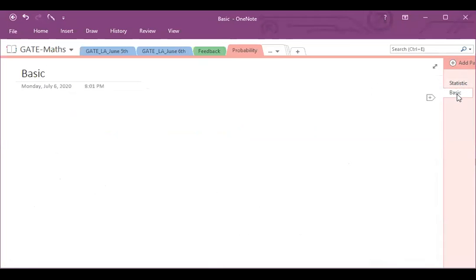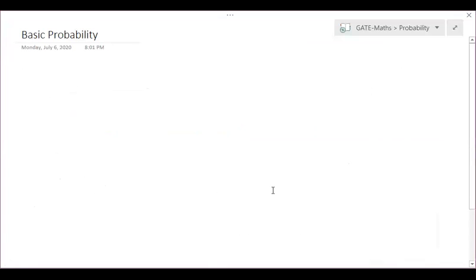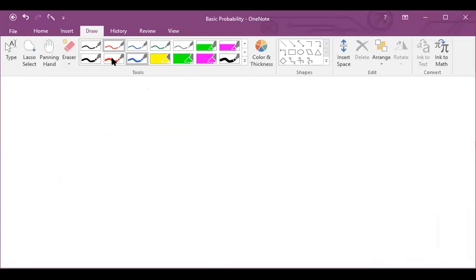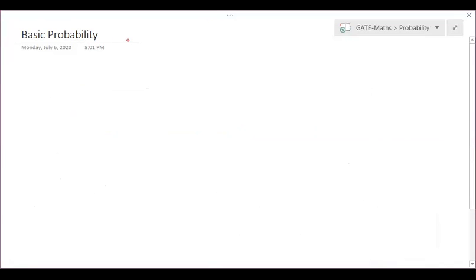Now let us see basic probability. What is its basic definition? From statistics, you can expect 1 mark to 2 mark questions. Majorly, you can expect 1 mark, but it can come from 2 mark. From probability, you can expect 3 marks of questions. These 3 marks are divided into 1 mark plus 2 mark. The 1 mark will come from basic probability, one basic probability question, that we are learning today.